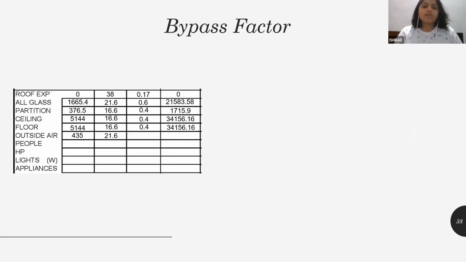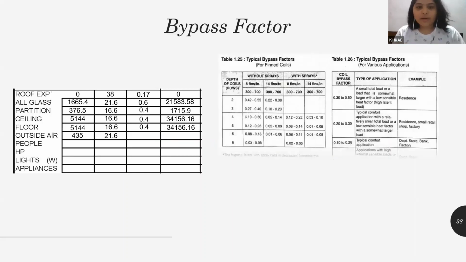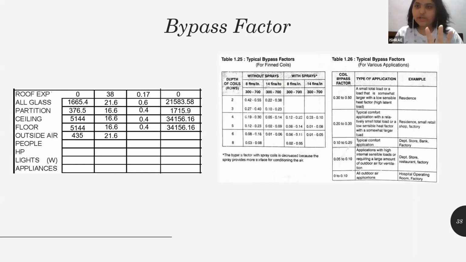This is what I've shown right now, a bypass factor. I know you all might know what a bypass factor is, at least the 4th year students. 3rd year students can go back to Gaurang sir's lecture and understand what bypass factor is. Basically, we have a coil over which air passes. The air that did not pass over the coil is bypassed air. So I have to select a bypass factor.